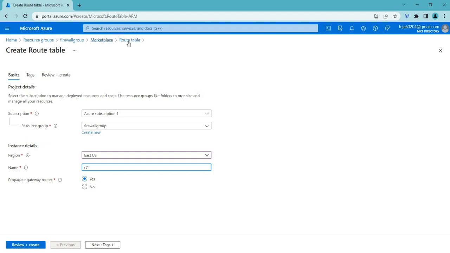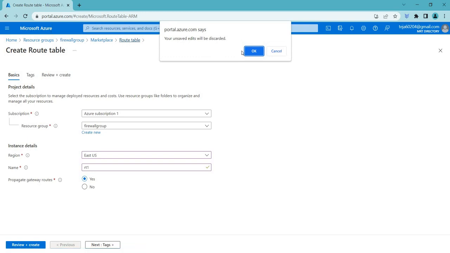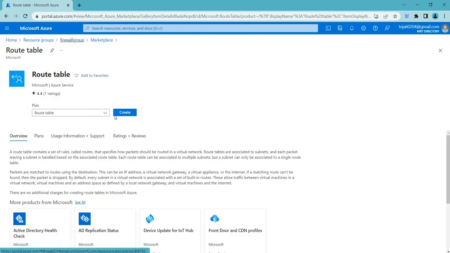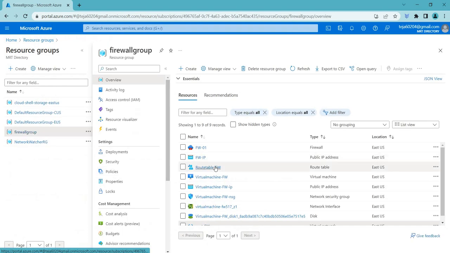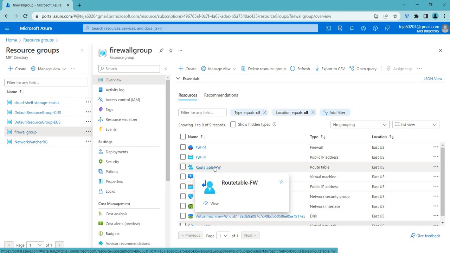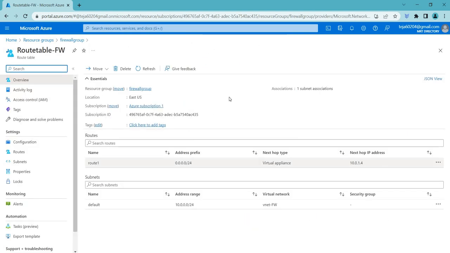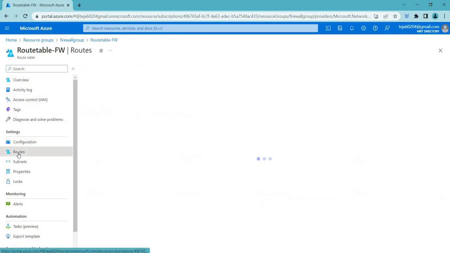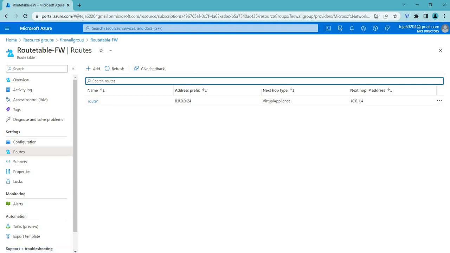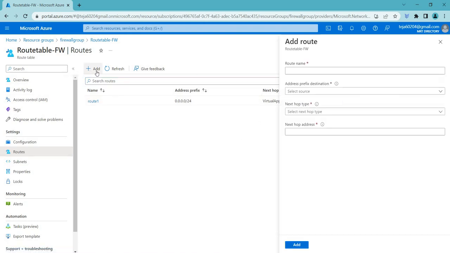So once this is done, if I go back, this is the routing table that has been created. So click that, and initially there will be nothing here, so we have to go to the routes, and this is the route that I have added. If you click add here, you can see route. So you can just add RT2,